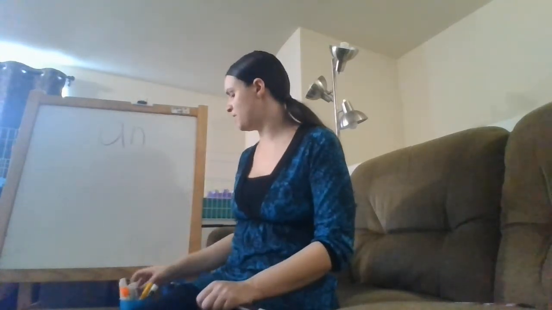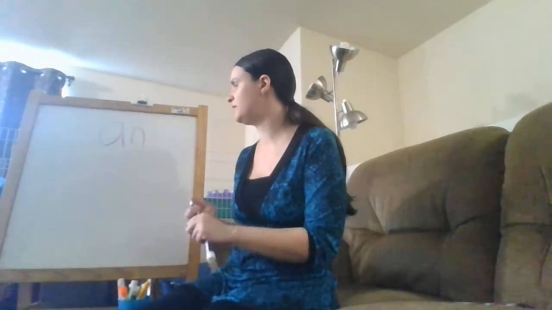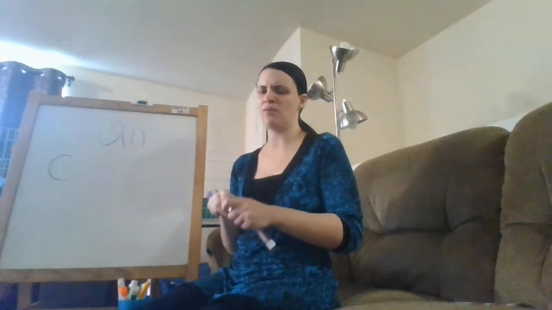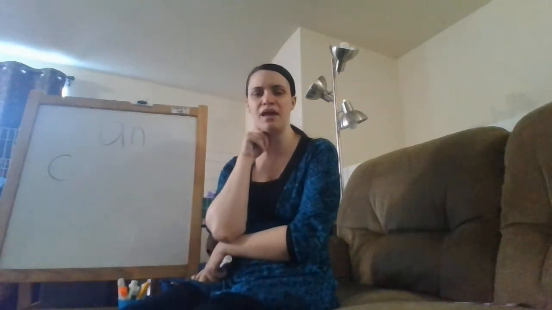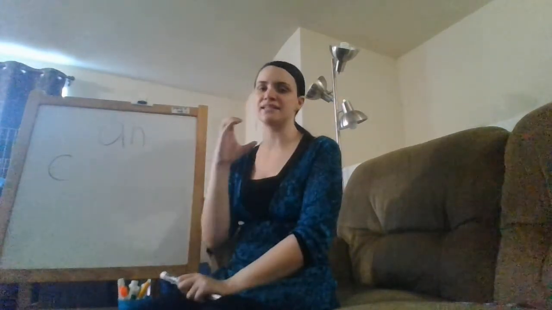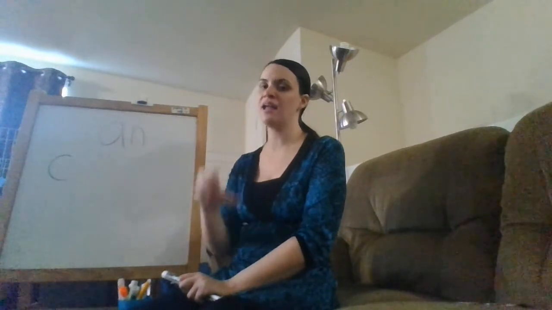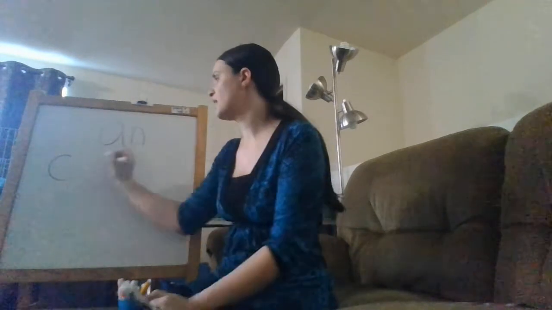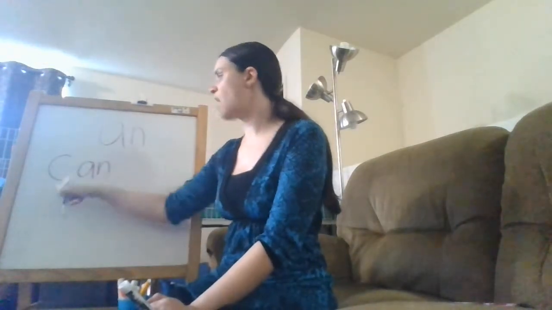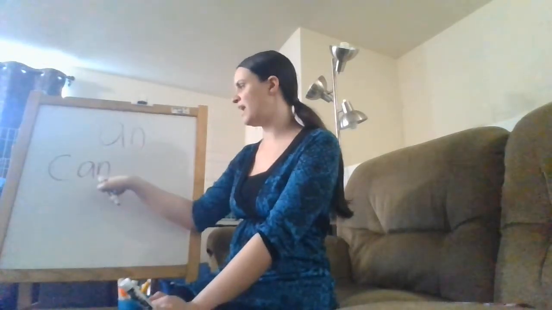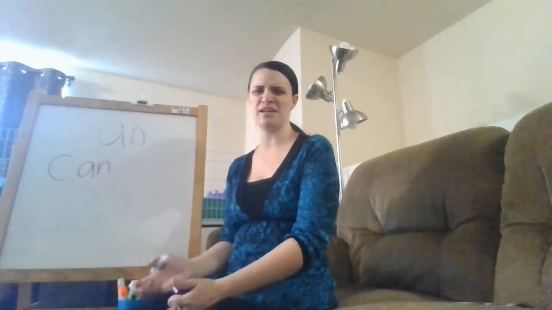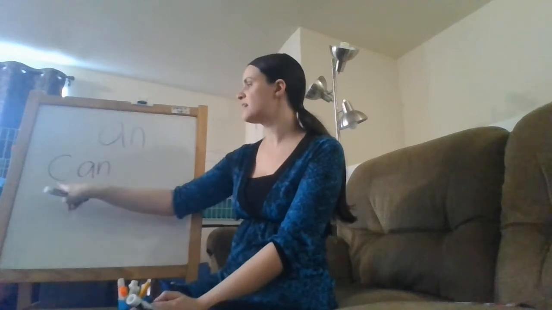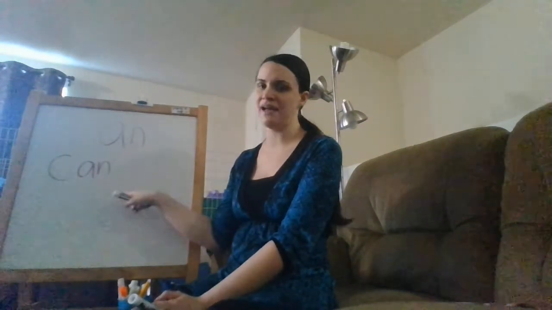So the first one I'm going to do is I'm going to put the letter C in front of it. Who could raise their hand and tell me what sound the letter C makes? Very good. It says ka, ka. Can we say that? Ready? Ka, ka. So now I'm going to add and to that. So I have ka, and, ka, and. What word is that? Good. It's can. Can we say that together? Can. Ready? Can. Very good.